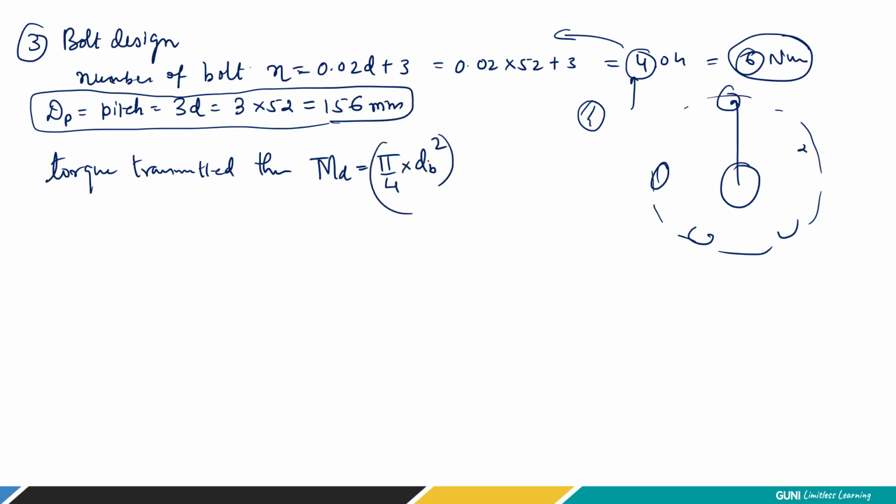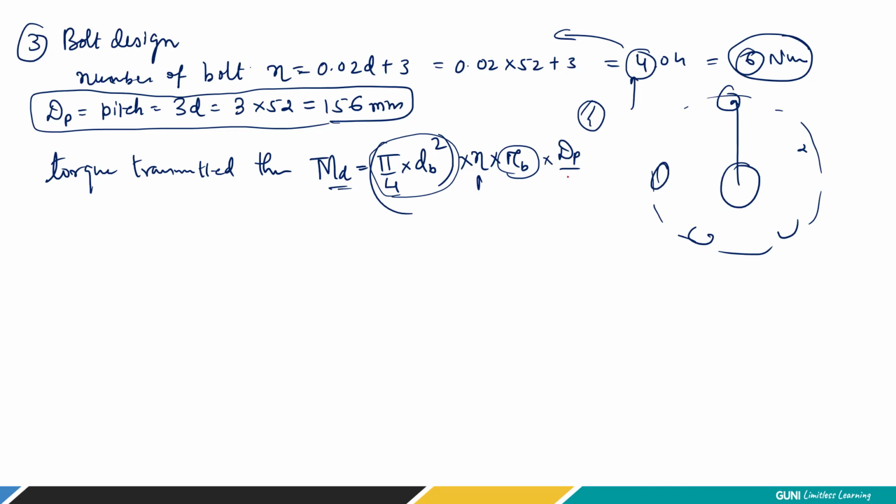This is the diameter of a single bolt. We have a number of bolts, right? Now these bolts are bearing shear stress. Because of this torque, on this cross-section area and number of bolts, a shear stress is induced, right? So we need to consider at what distance the torque is acting.